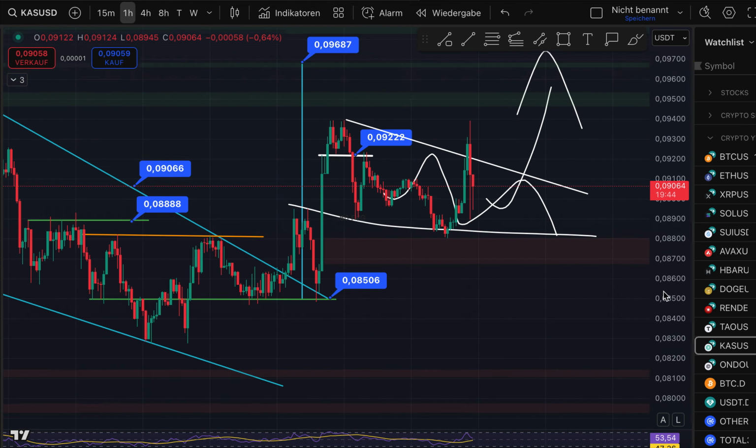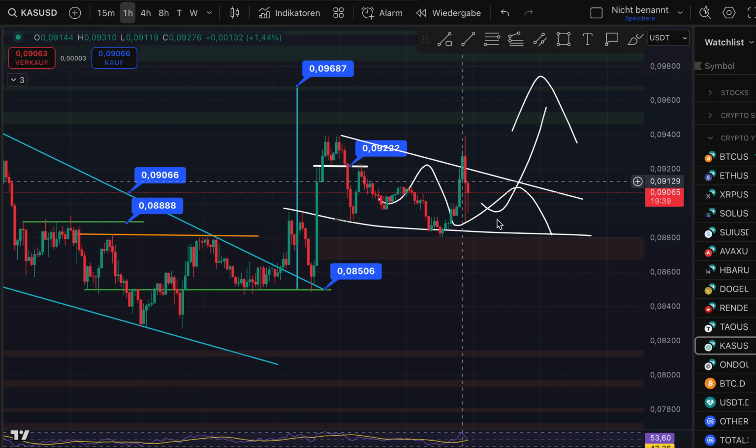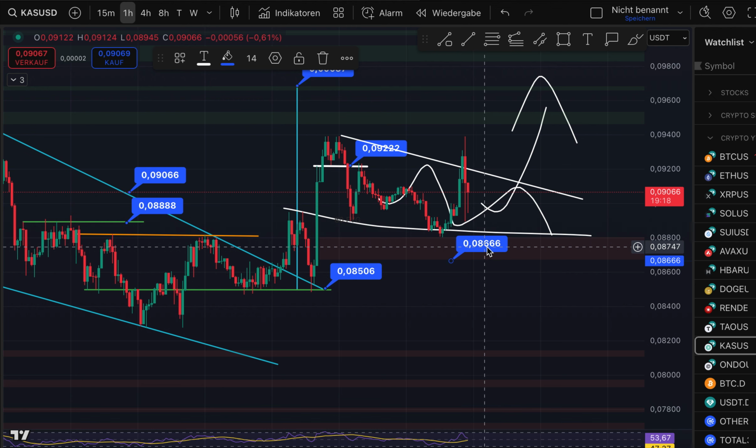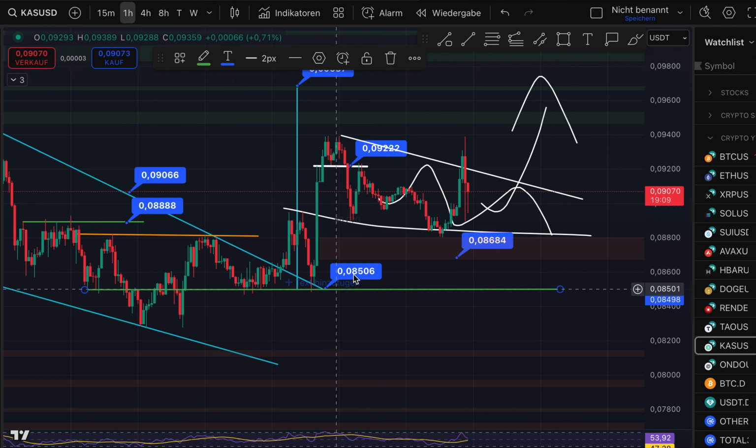So what about Kaspa? For Kaspa, we have also said, hey, maybe we are going to get some bullish price movement since we don't see any kind of bull flag in that direction. Maybe a falling wedge can be created. And Kaspa even sold off most of the fair value gap. So we still have a little bit left, and this little bit is the price mark of 8.66 cents. Let's make it even better, 8.68. Next support, 8.5 cents. Very interesting if we get there again. So basically I can also delete this.